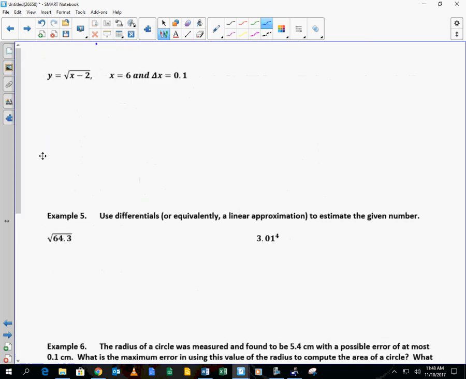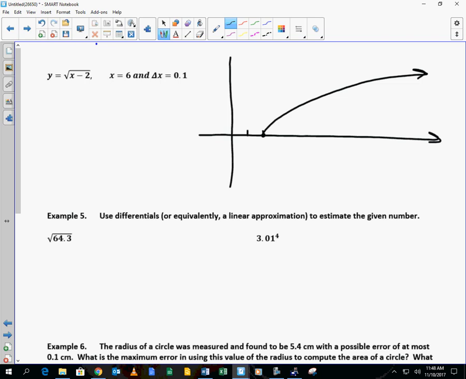Let's try another one similar to that, okay? Square root of x minus 2. What does the graph of the square root of x minus 2 look like? Very good. What's the spot at which I'm evaluating? At 6. Okay, and what is my change in x? What am I going to travel to the right? I'm going to travel 0.1, and I know that this is not to scale, but it would be very difficult to draw this to scale, okay? So go over 0.1,